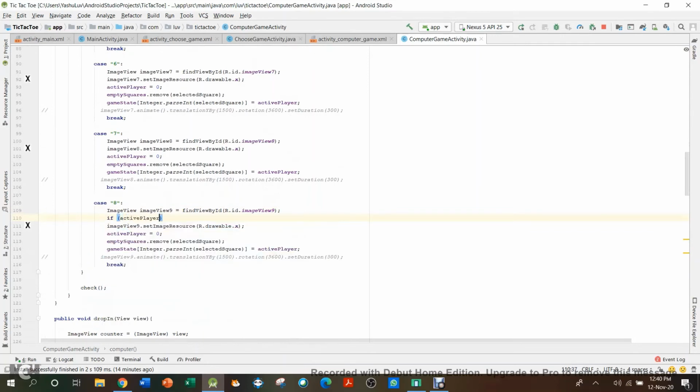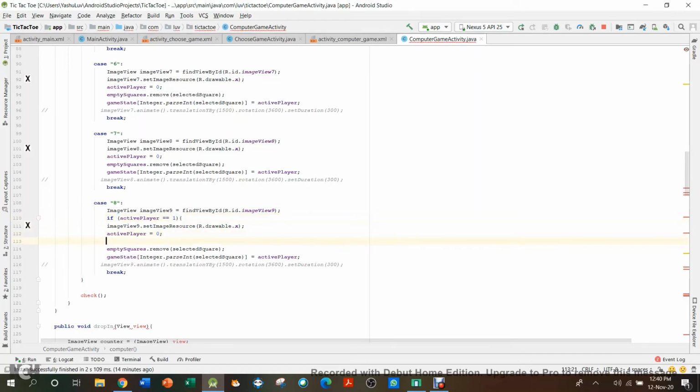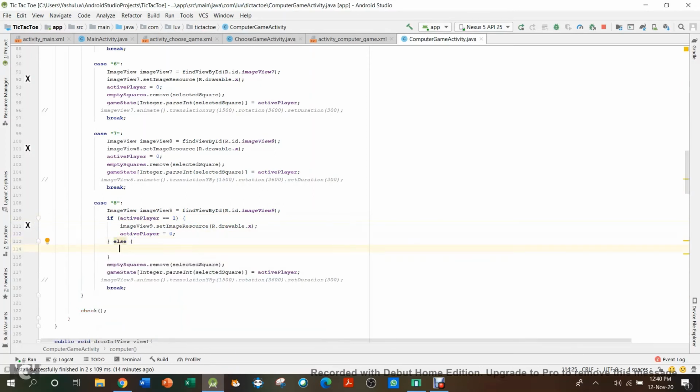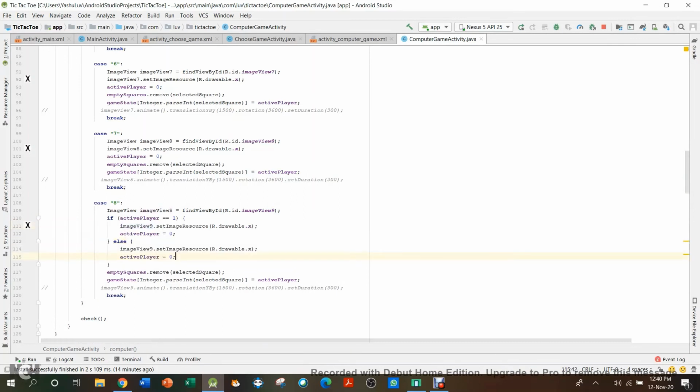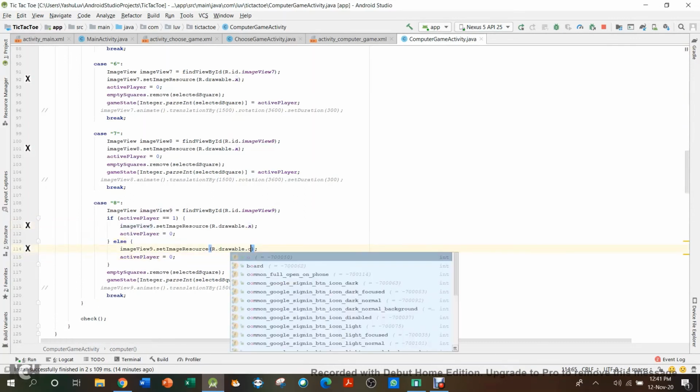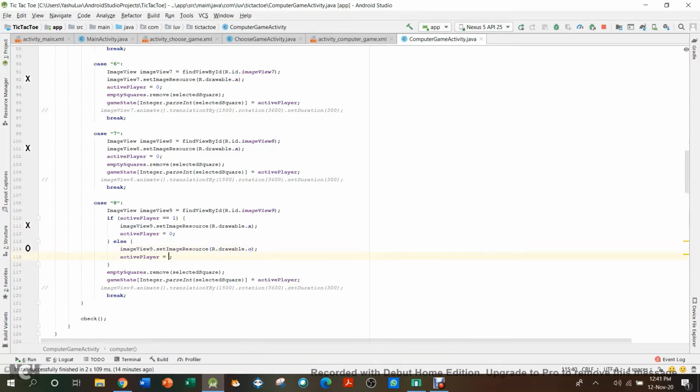If active player is equal to 1, and then you are going to like do this, and then else you are just going to do the opposite of it. But you can do this part, make this 0 and then make this 1.